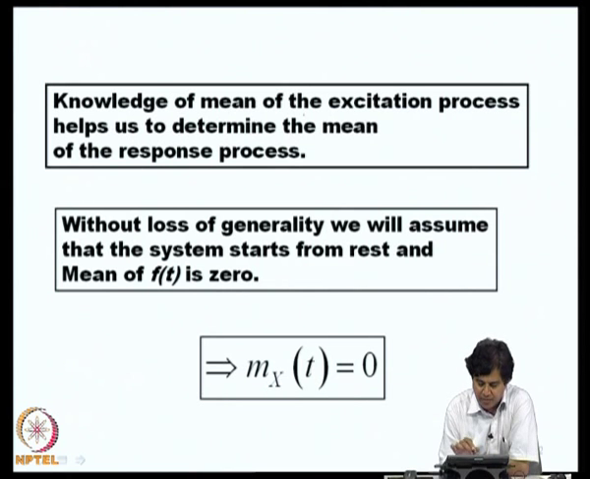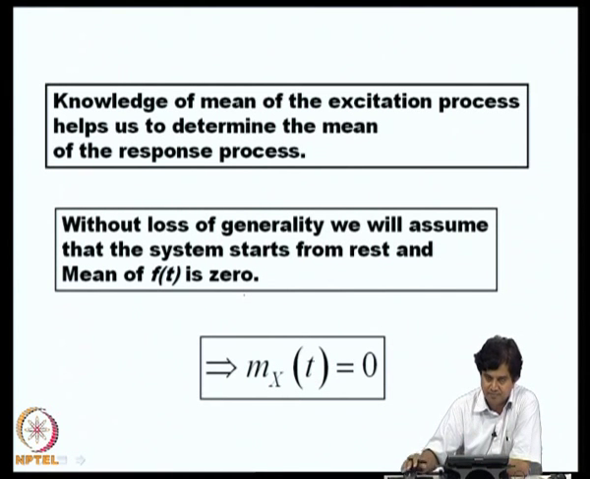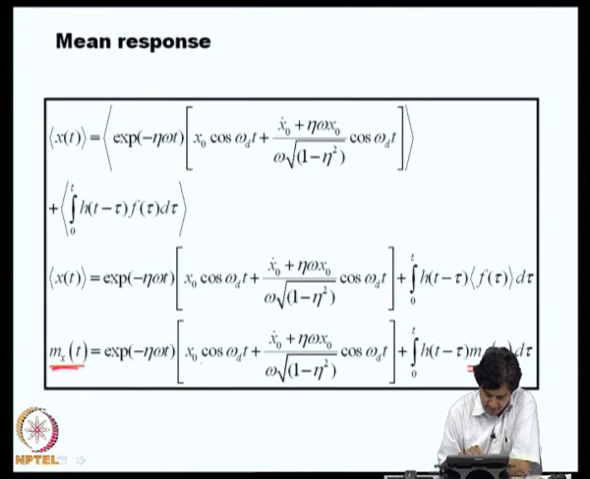That is, knowledge of the mean of the excitation process helps us to determine the mean of the response process. Now, for further discussion, we will assume that the mean of f of t is 0, and we will also assume that the system starts from rest. That would mean x naught and x naught dot are 0 and m f of tau is 0, therefore, m x of